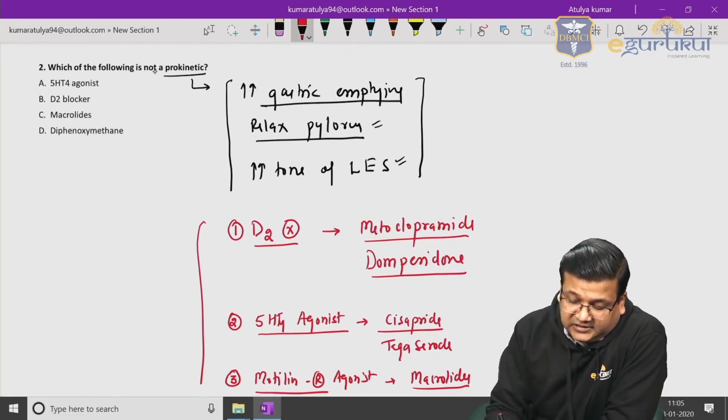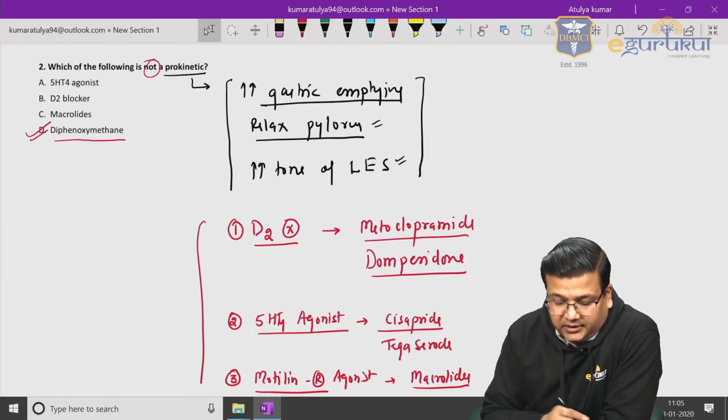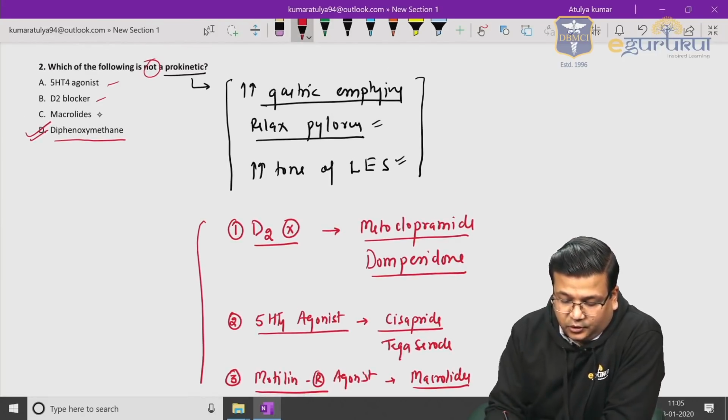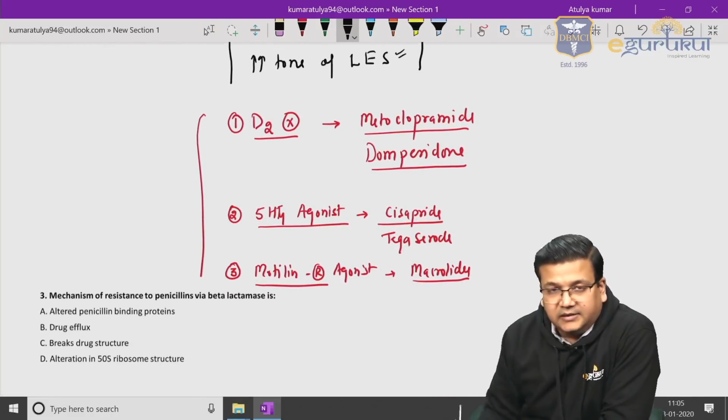So the answer which is not a prokinetic will be option number D, diphenoxylate. Okay, so the answer to this question is option number D. 5-HT4 agonists, D2 blockers and macrolides, they are prokinetic drugs. Now an important point to remember in these classes of drugs,